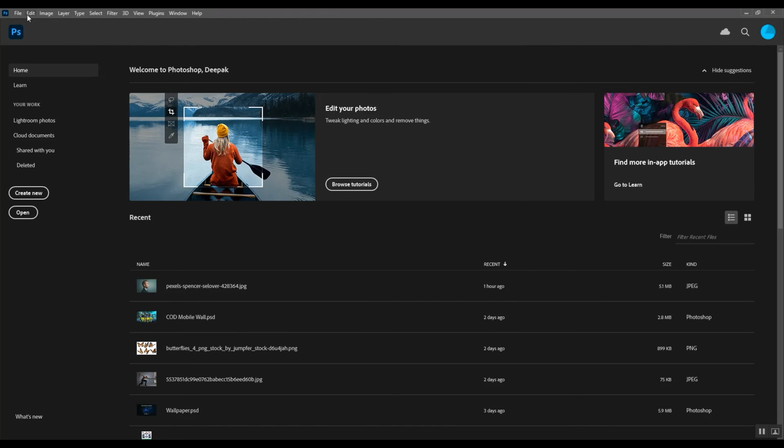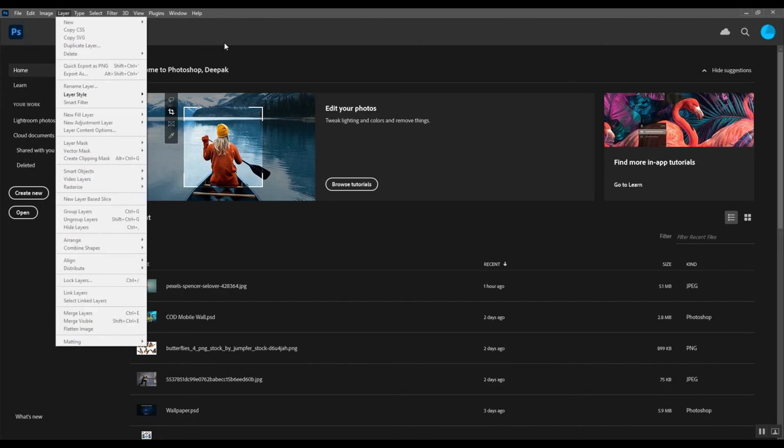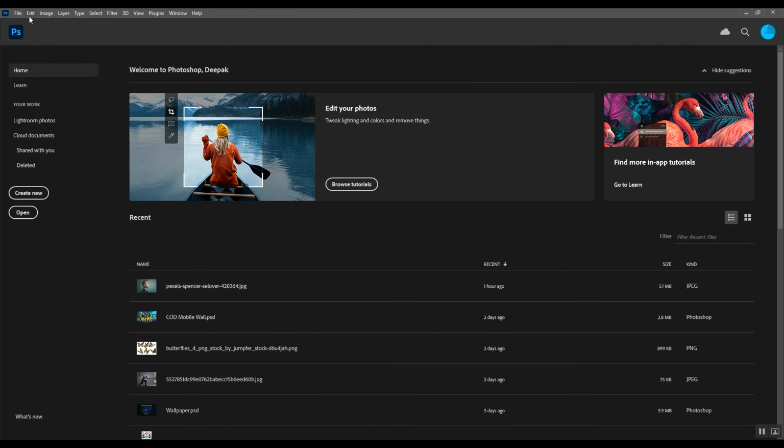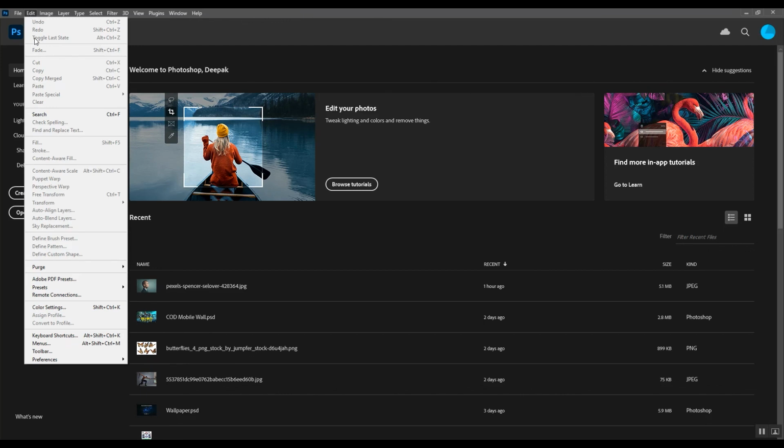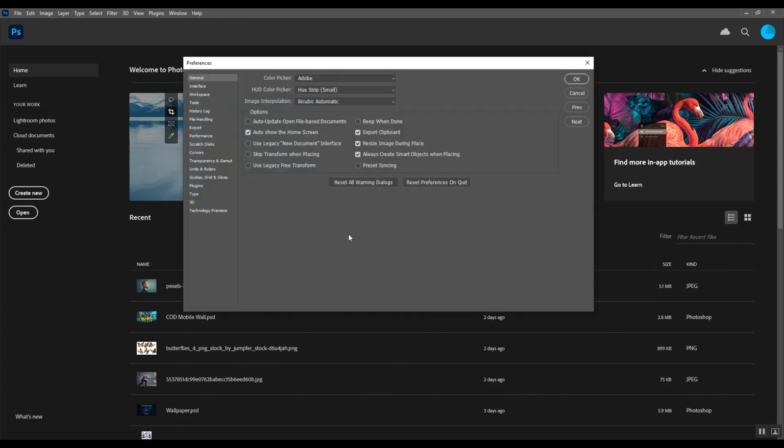Up to now, we have been using the newer, larger version, but there is also a smaller, more streamlined version, and I personally like it better. Adobe calls the smaller version the Legacy New Dialog Box because it's what we used until the newer version came along. To switch to the Legacy version on a Windows PC, go up to the Edit menu, choose Preferences, and then choose General. In the Preferences dialog box, select the option that says Use Legacy New Document Interface and then click OK to close the dialog box.